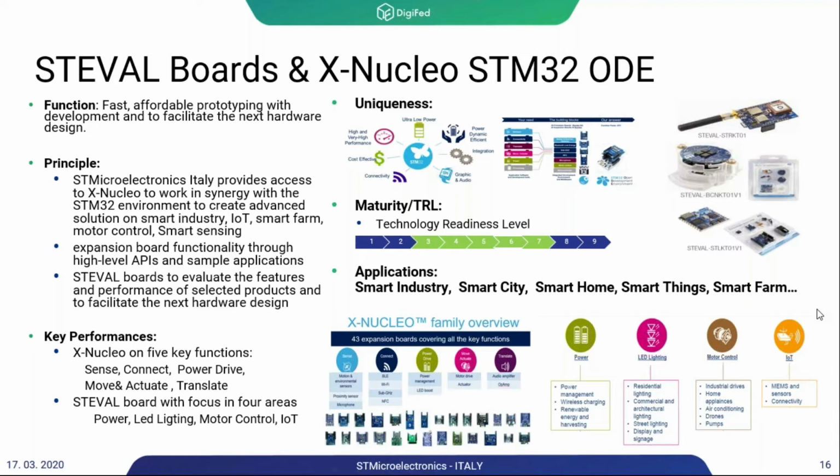On the other point, another kind of board that we provide are the STEVAL, the ST evaluation boards. The ST evaluation boards aim to give an approach to the product and to the solutions that are possible with the product. They are not the final solution, because these tools are for the lab; you can't put a stable power supply in your final application. You can use the inverter of the STEVAL to test your software. On the top right, there are several examples of STEVAL that we are providing, and these are